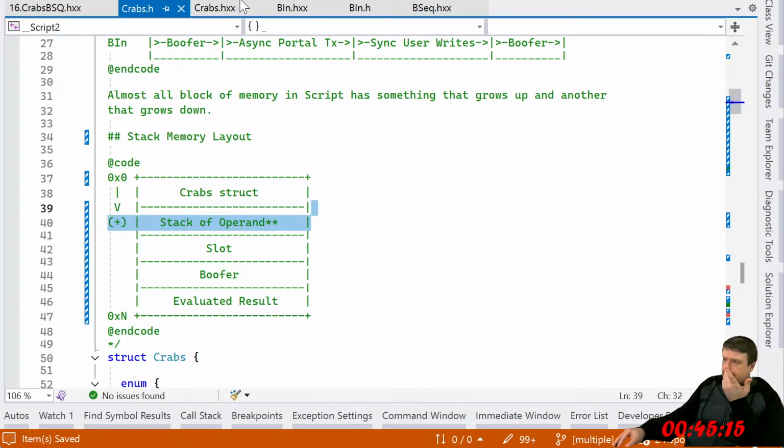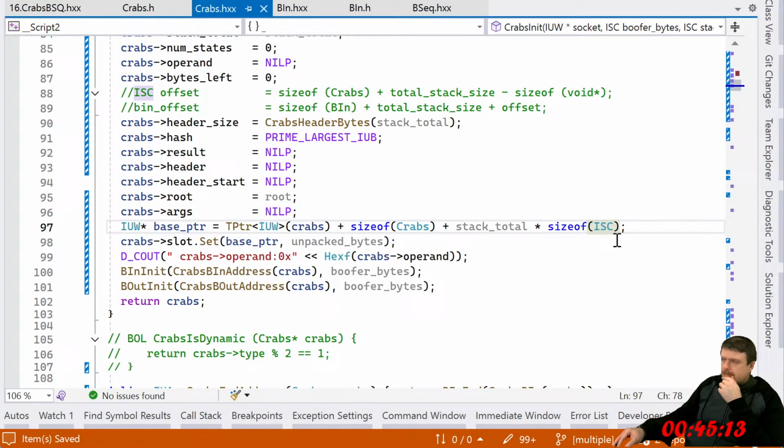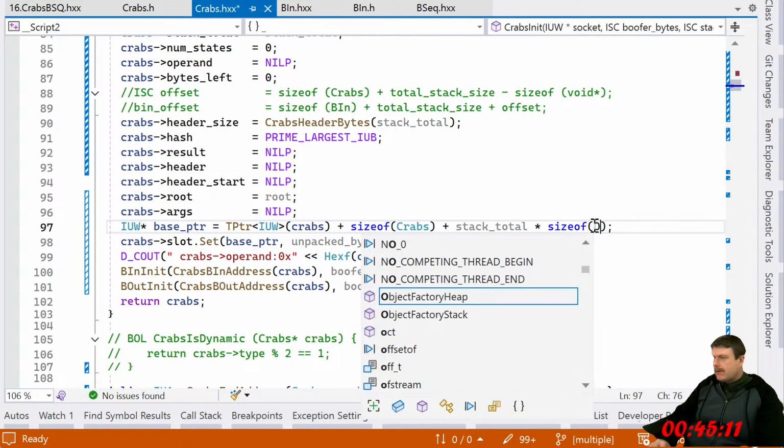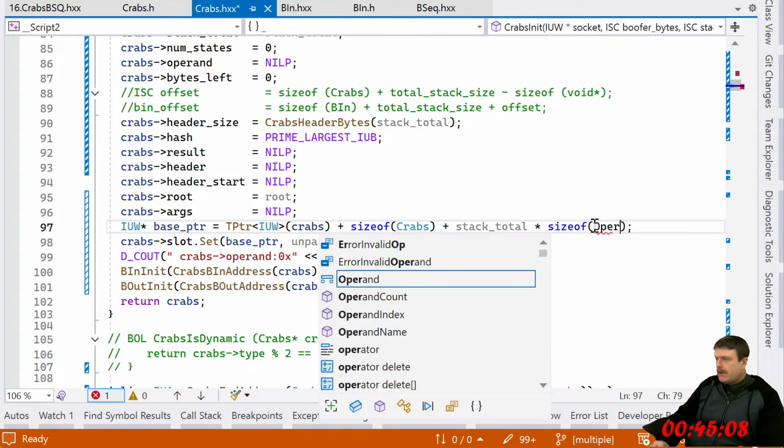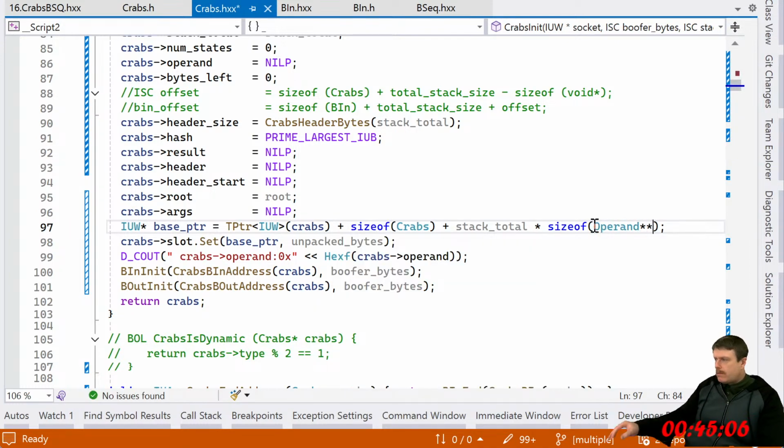Why is it? I'm just not going to argue with that. I'm just going to replace it with, quite obviously, it would have to be operand pointer. Base pointer, and then this is the base.